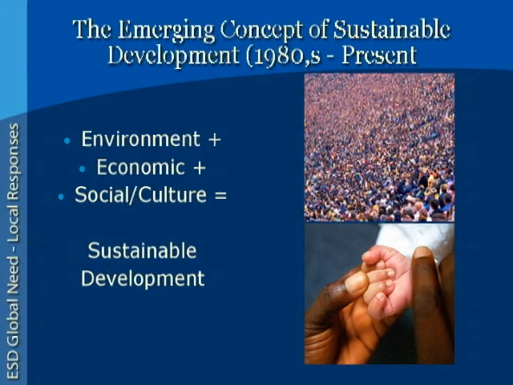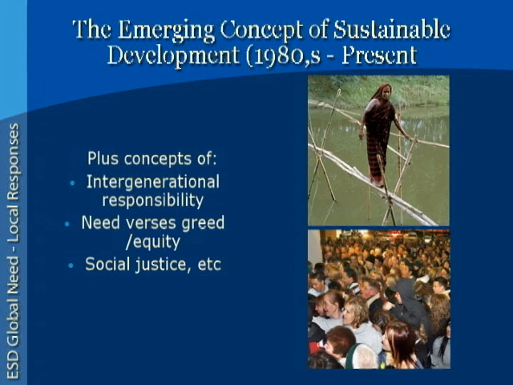The collapse of the fisheries, for instance, is that an environmental problem? Yes, it certainly is an environmental problem, but it's also a social problem for the fishers, and it's also an economic component. So what we tried to do in the late 80s, early 90s, is there were great discussions around the world, and we came up with the concept that yes, we needed development for the billions of people who were living in abject poverty, but there should be a certain kind of development. It shouldn't just be ravaging development. It had to be development that was sustainable over a long period of time.